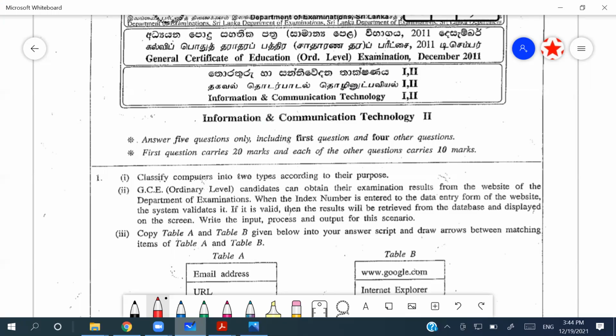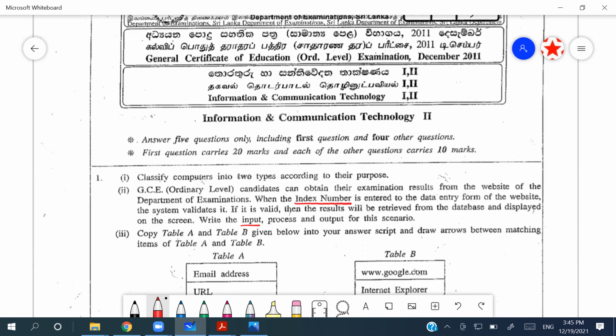Second part says GCE ordinary level candidates can obtain the examination results from the website of the Department of Examination. When the index number is entered to the data entry form of the website, the system validates it. If it is valid, then the result will be retrieved from the database and displayed on the screen. Right? The input, process, and output of this scenario. Easy stuff, right? So input, what are going to be the inputs? Index number is going to be the input,